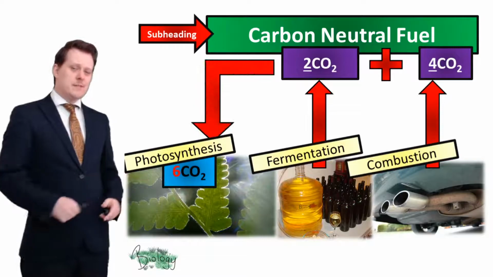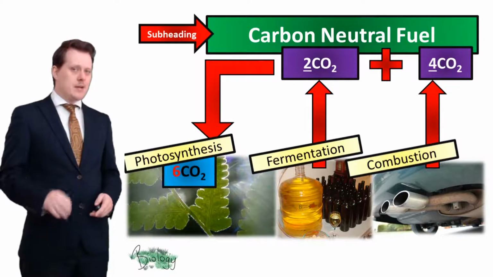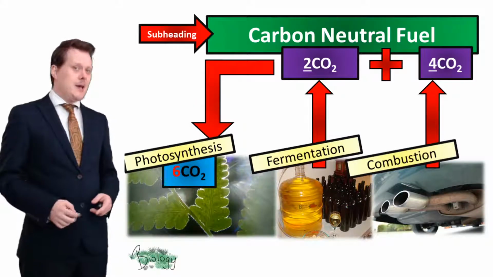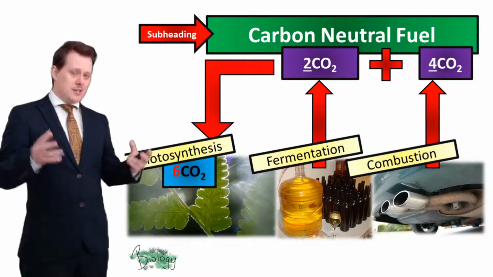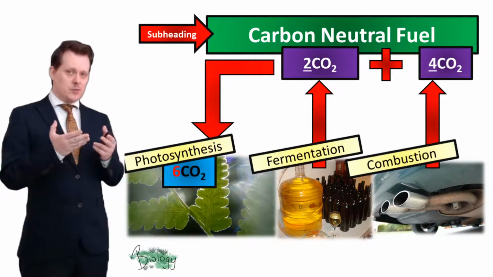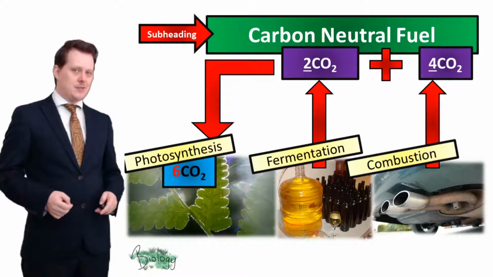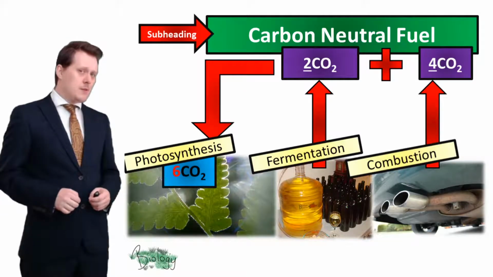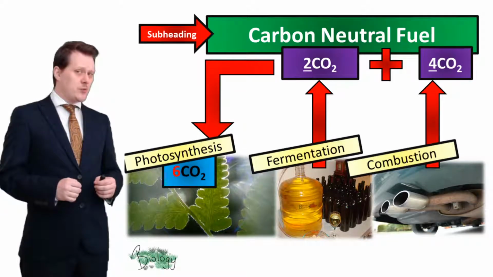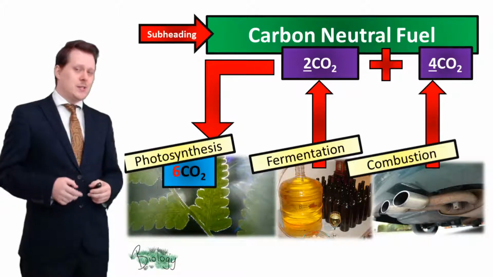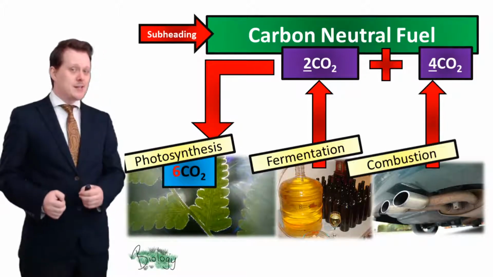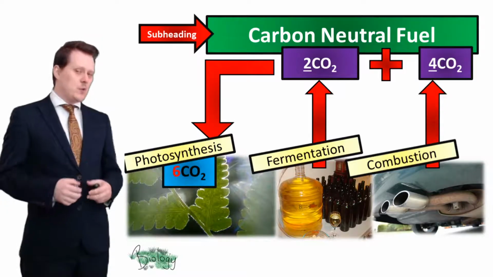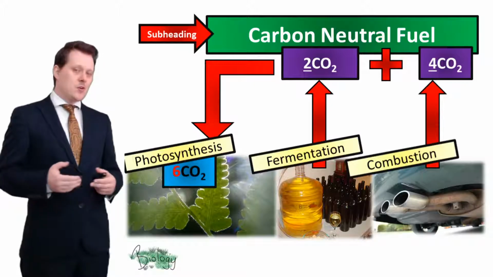So our photosynthesis removes 6 molecules of carbon dioxide out of the atmosphere, and our fermentation and combustion collectively release 6 molecules of carbon dioxide into the atmosphere. And this is what we mean by a carbon neutral fuel. Our CO2 emissions are equal to the CO2 which was required to produce the fuel. This means that we are not increasing the amounts of greenhouse gases which are in the atmosphere and not contributing